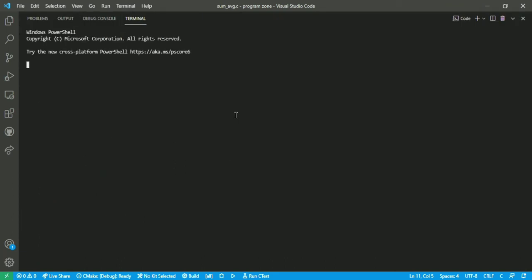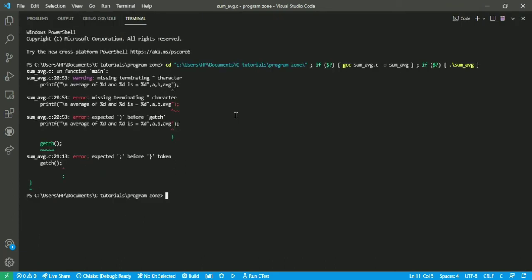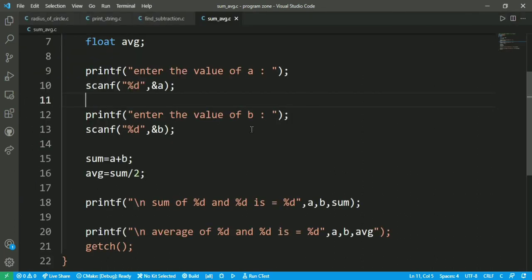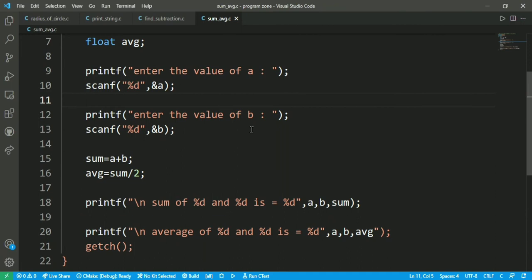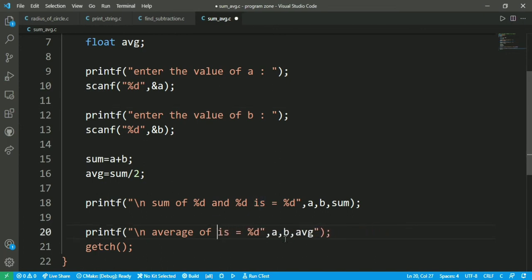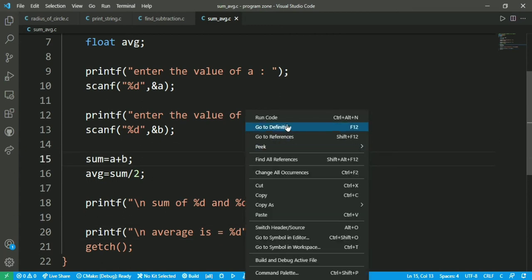Then let's run the code. I missed something in the average printf, so let's make it average is, and put the average variable only. I hope it is correct.